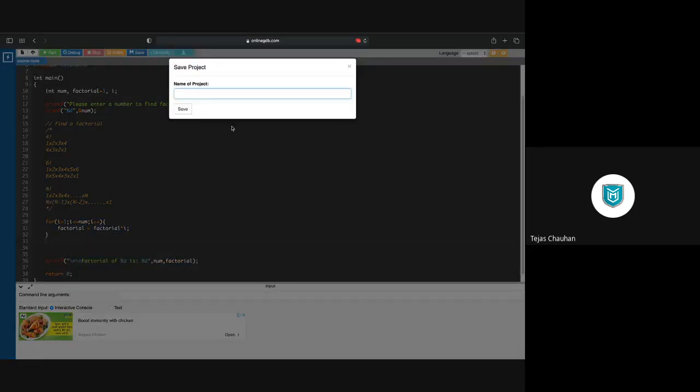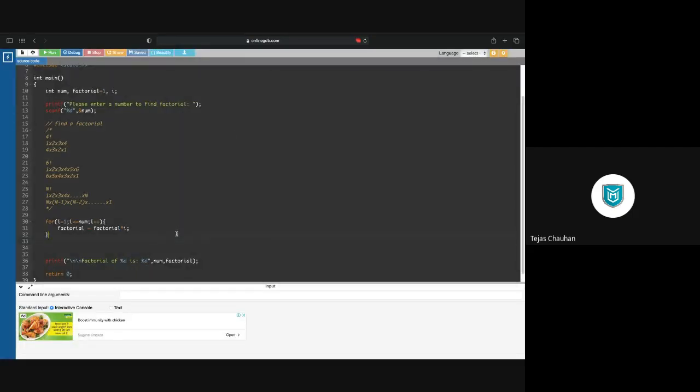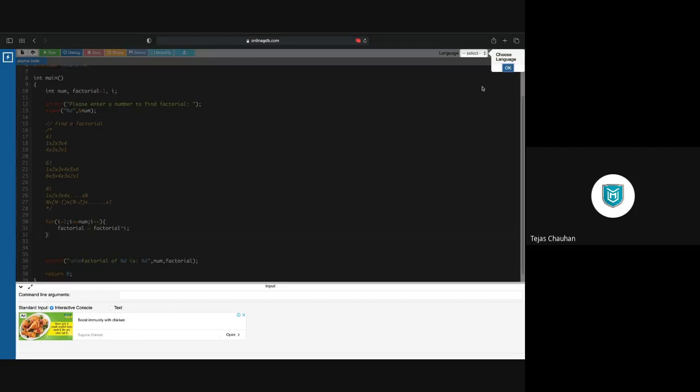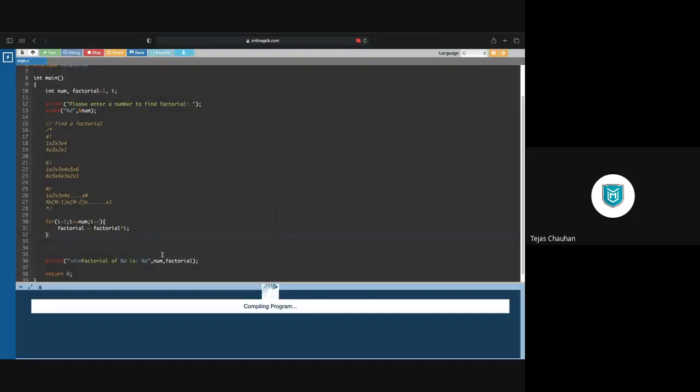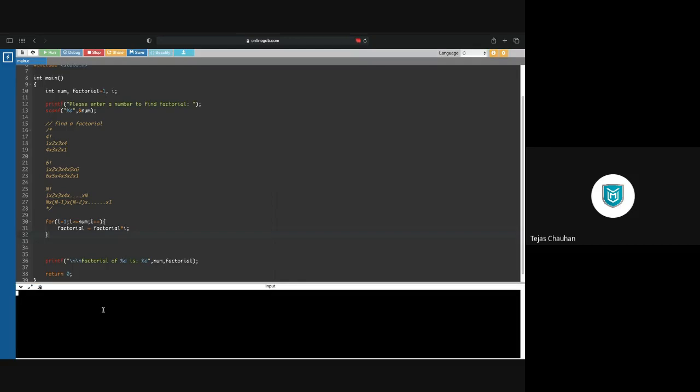If I save this code, this is PPS A batch, right? Yeah, A batch, 17th program. Okay. So now let us test it out. Select language. It will ask us for a number. Now if I say 5, it should print 120. So 120 is the answer. Now this is the forward loop, means 1 multiplied by 2 multiplied by 3 multiplied by 4 multiplied by 5 and up to given number.